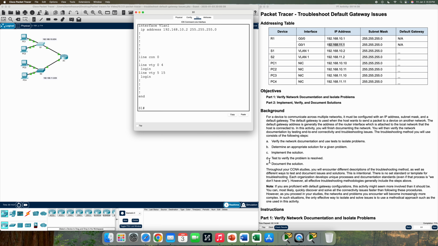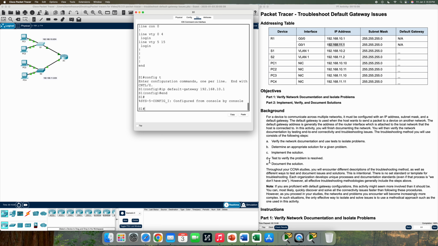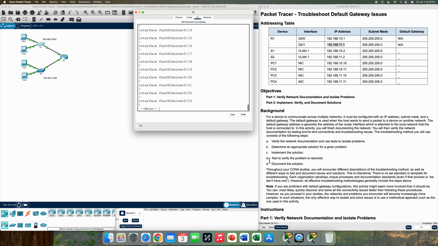So let's go ahead and put that in. So we'll go into config t, ip default-gateway, and our default gateway on S1 is 192.168.10.1. And we'll end. Let's do the show run. Now we have our default gateway. Everything is connected well, and we have